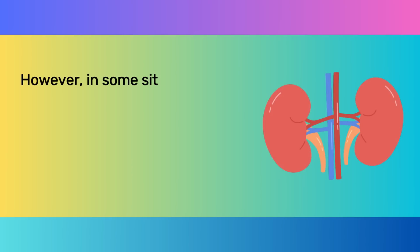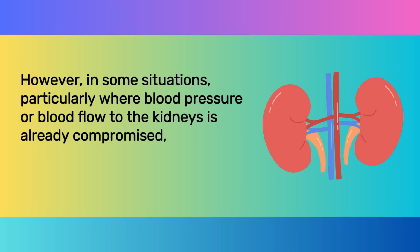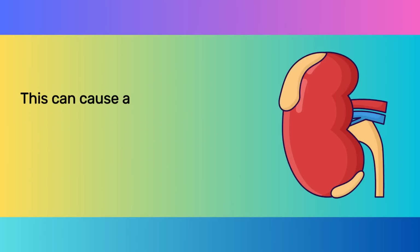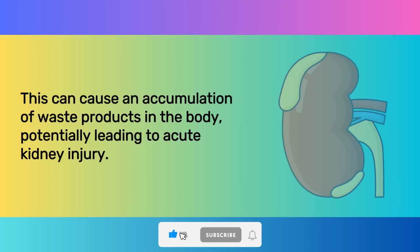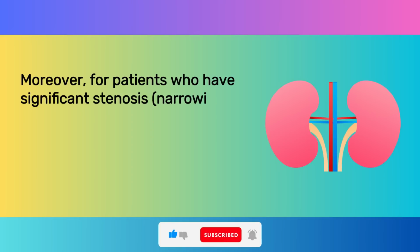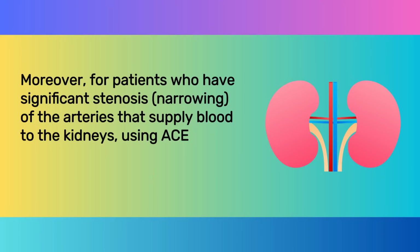However, in some situations, particularly where blood pressure or blood flow to the kidneys is already compromised, further lowering of this pressure can lead to inadequate filtration. This can cause an accumulation of waste products in the body, potentially leading to acute kidney injury. Moreover, for patients who have significant stenosis, narrowing of the arteries that supply blood to the kidneys, using ACE inhibitors